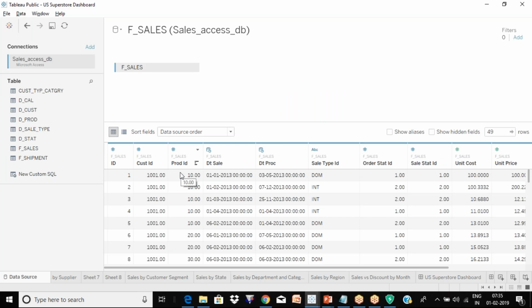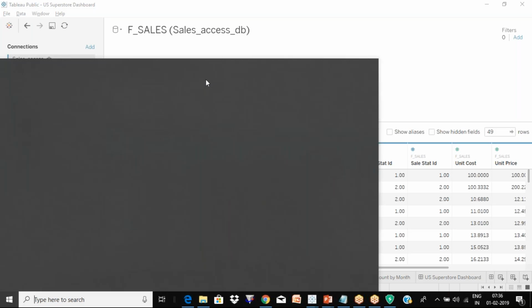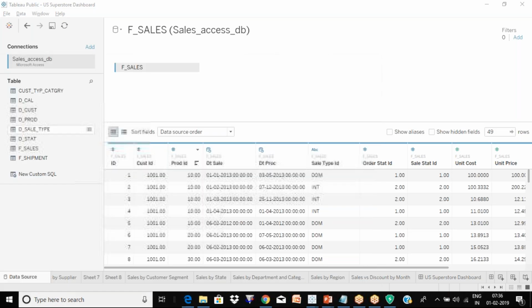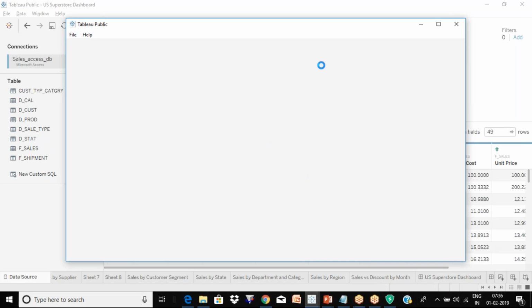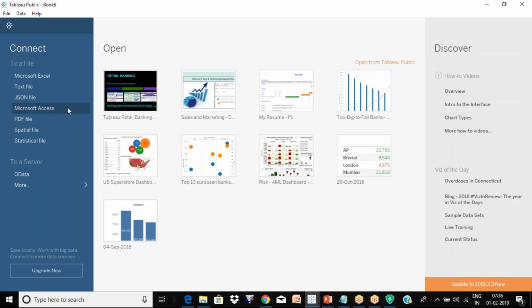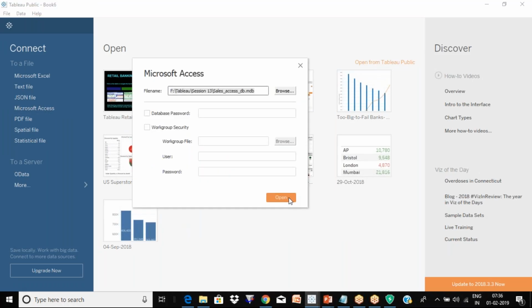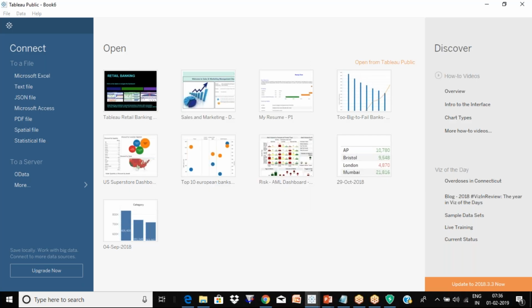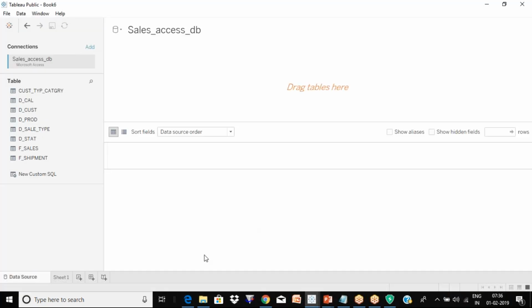Let me go to new, because there are already some data within it. Otherwise, you'll get confused. Let me open a new window. You see all these sheets in there, so I don't want to play with that. So let me open it in a totally new Tableau Public window. Now F sales